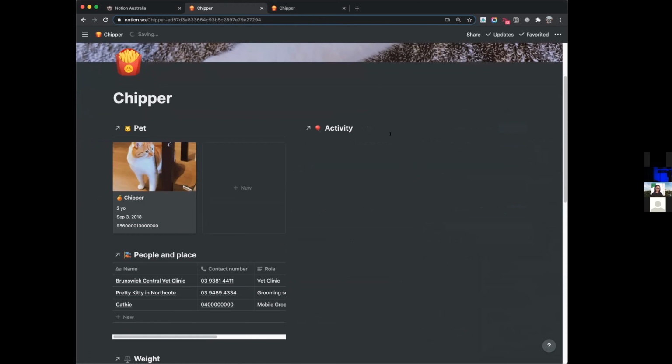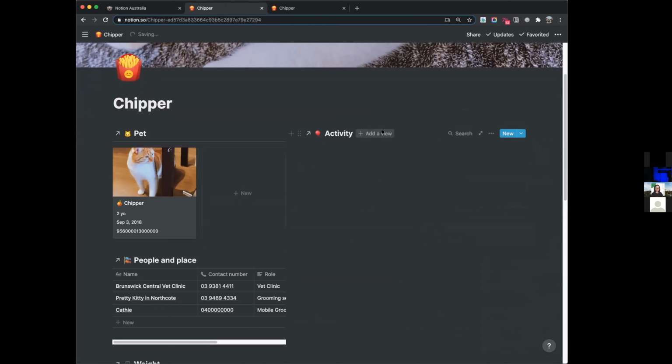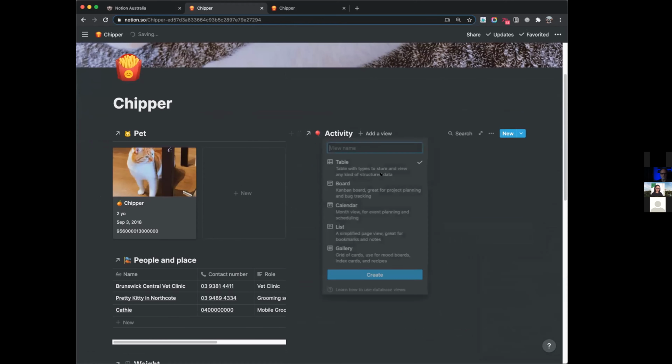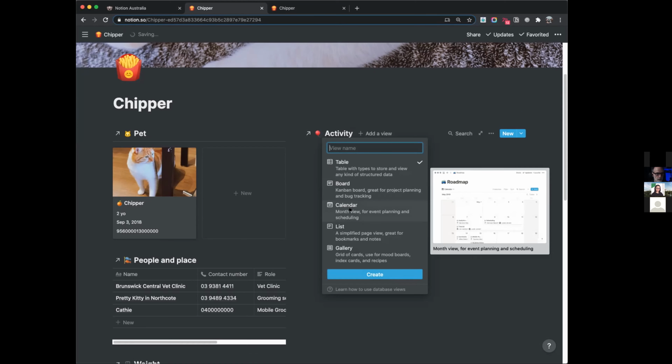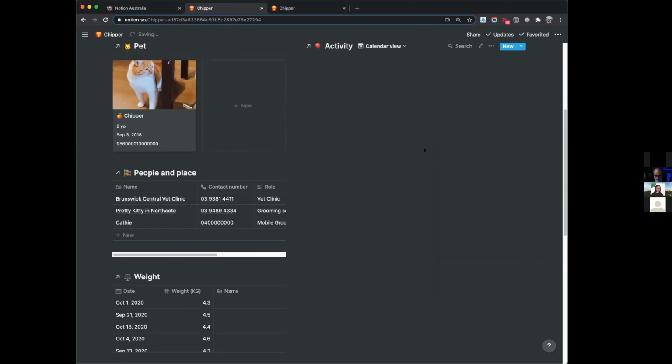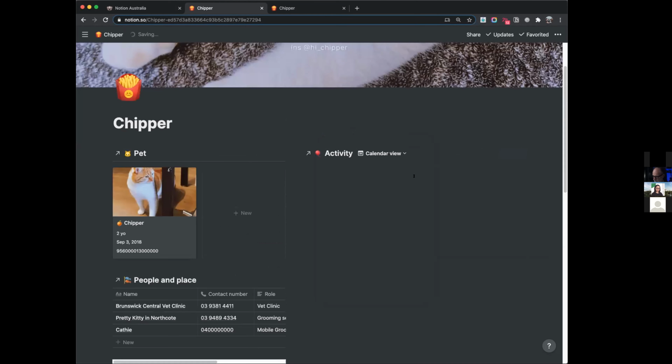My alarm just went off. That's the time to actually feed the cat. So while it's loading, I think it's taking a time, I'm going to create a calendar view, because typically how I do it is to look at the calendar and then just add entries to this database. I'm going to create a calendar view. Please show up. I think Notion's bailed on me at the moment.